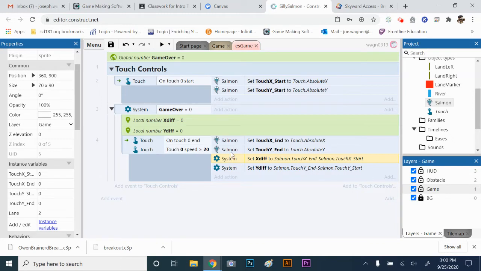So here's what's happening. We are initiating the swipe. It's setting the X and Y coordinates of the salmon to whatever that position is when we start. Then if our speed is greater than 20, which means we're swiping, it's going to take the X and Y ends and line them up with the X and Y coordinates where we end. Then it's going to subtract our ending coordinate for the X from the starting coordinate, and subtract the end Y coordinate from the start coordinate,